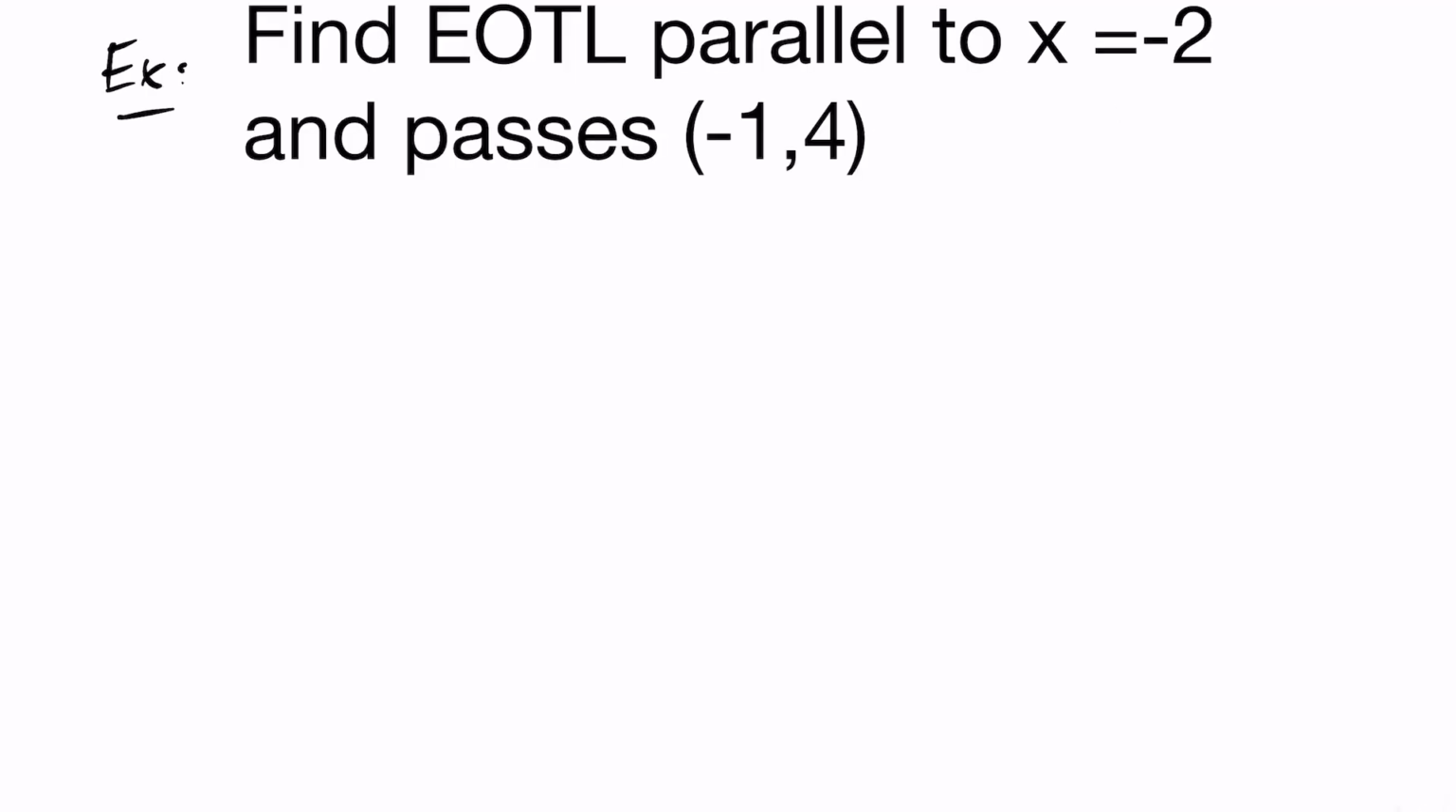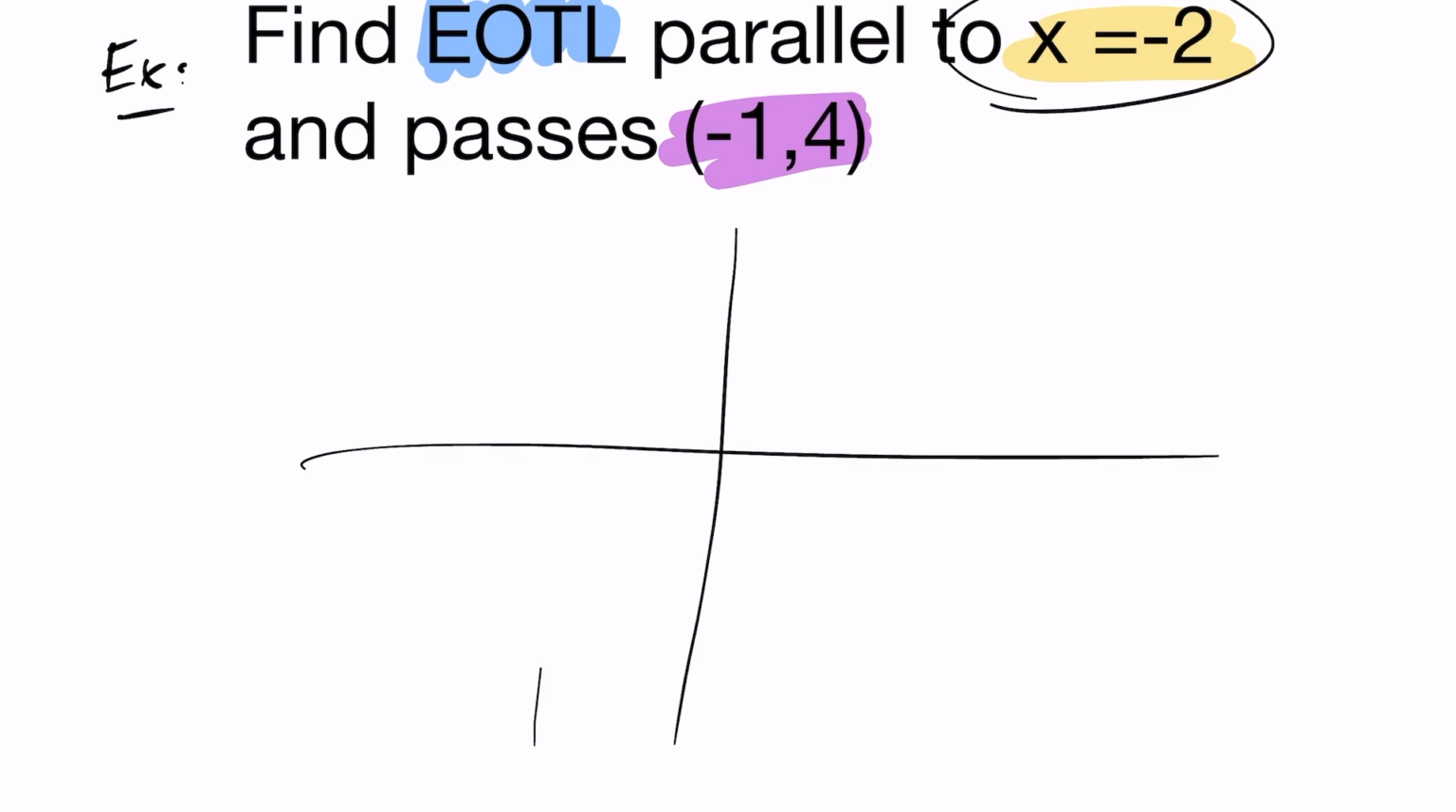All right, for this question here, we want to find the equation of a line that passes through the point negative 1, 4, and this time it's parallel to x equals negative 2. If you don't know how to do these horizontal and vertical lines, I'll link a lesson in the top right-hand corner here referencing that. But first of all, let's take a look at what the line x equals negative 2 looks like. It's going to look like something like this. And this is the line x equals negative 2,